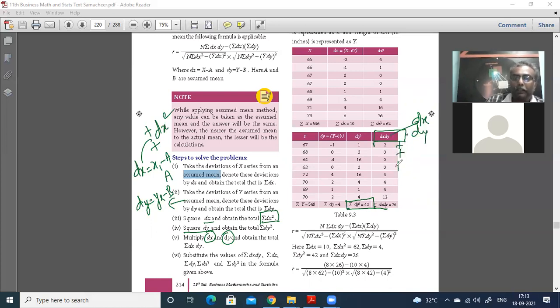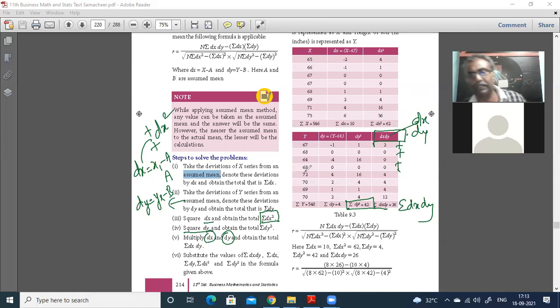Finally, you add up everything, you get sigma dx into dy. Once you get all this, all you have to do is substitute in the formula, and you will get the answer. That's all. Very simple. The mistake you will make is in the calculation. Very minute calculations you are doing every time. There you should be very careful. Otherwise, there is nothing to this